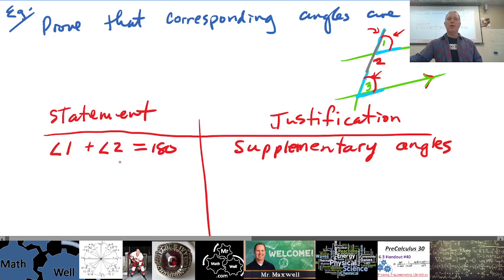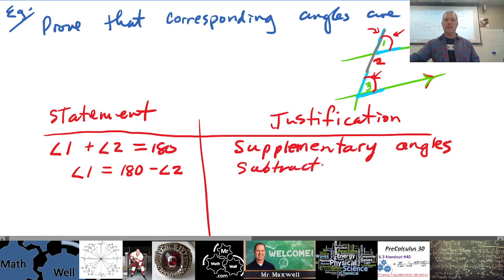All right. Now, we rearranged this statement before, didn't we? I'm going to let angle 1 equal 180 minus angle 2. And this is because of the subtraction property. And is there only one way to do this? Nope. There's many ways you could do this. But this is the way I'm choosing to do this. All right, so I'm going to now talk about angle 3 and angle 2. There's a relationship there. I know that they add up to 180. Angle 3 plus angle 2 is equal to